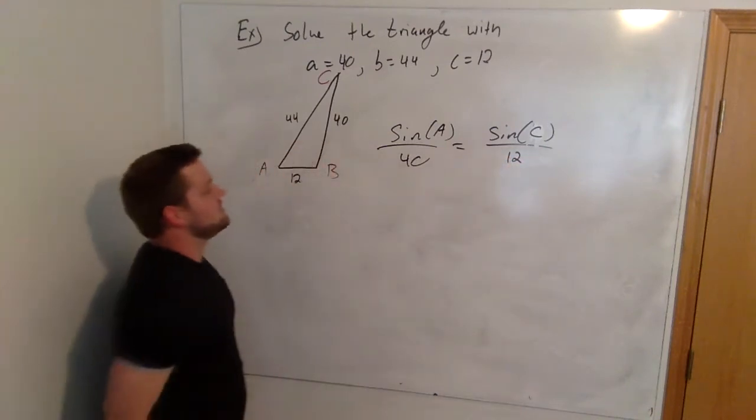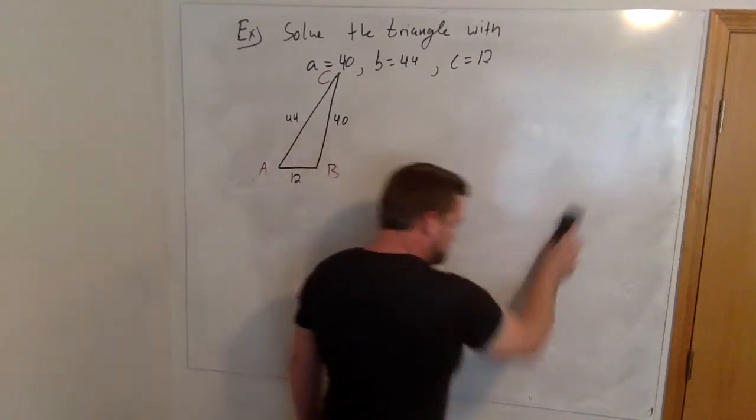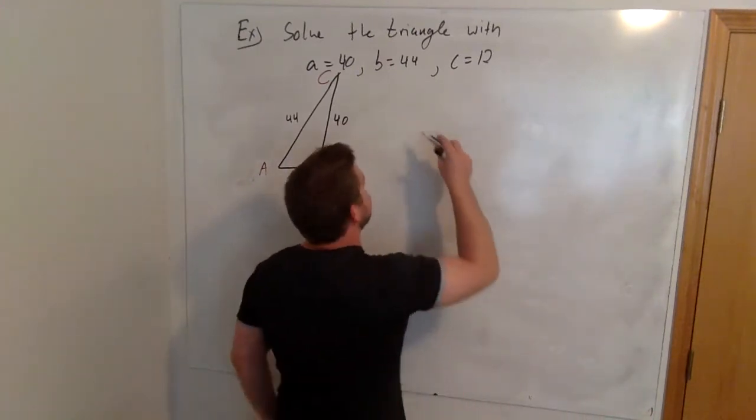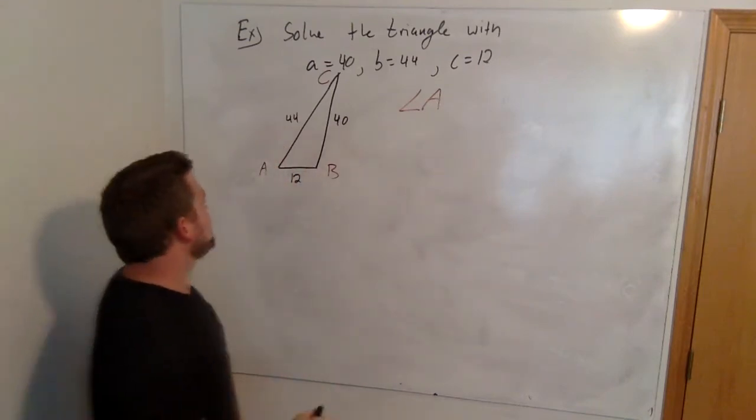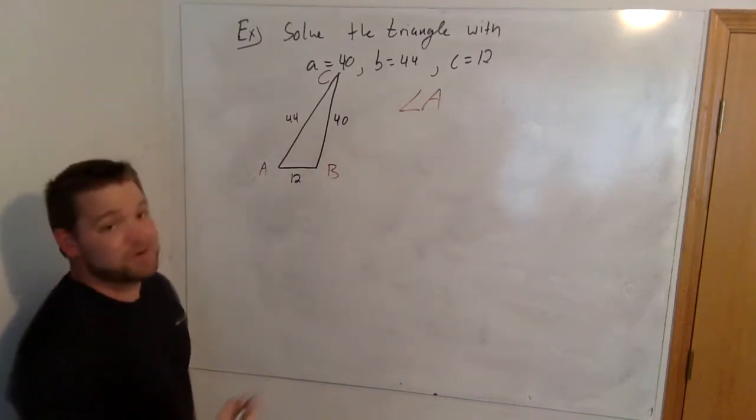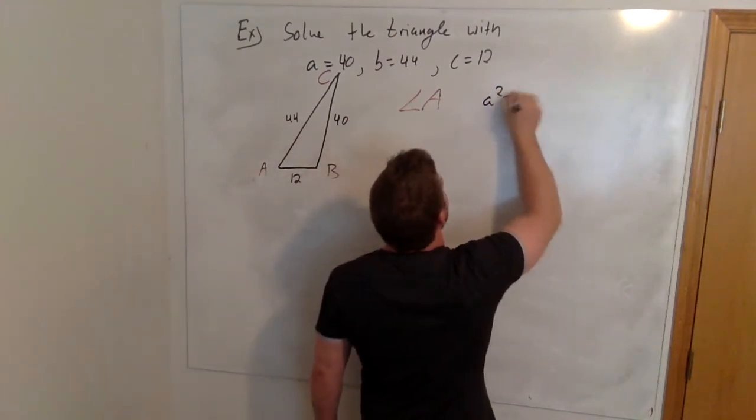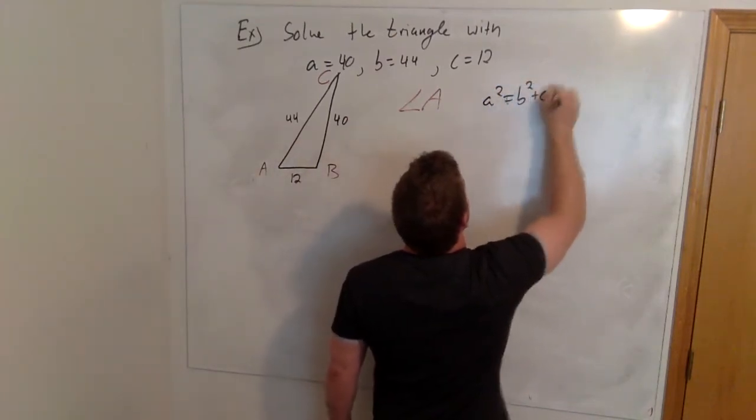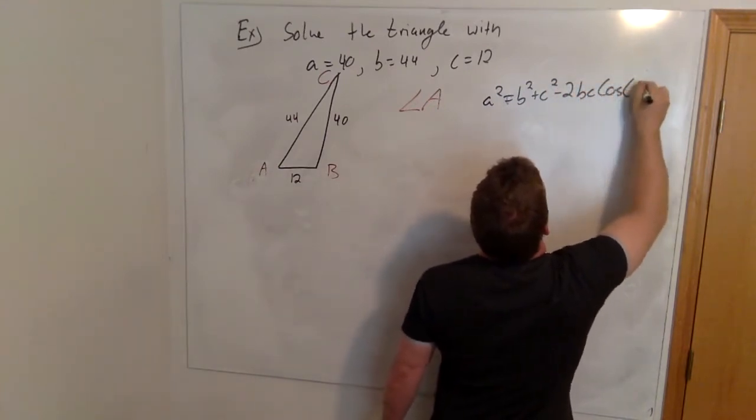So I can't use the law of sines here. I have to use the law of cosines. Okay, so if we're trying to find angle A, let's use the version of the law of cosines that has an angle A in it. So that'll be a squared is equal to b squared plus c squared minus 2bc times the cosine of